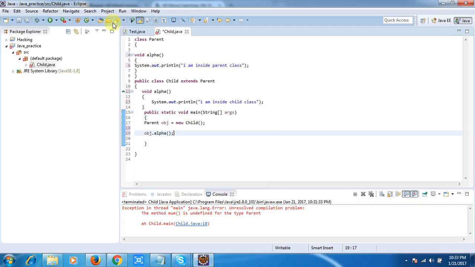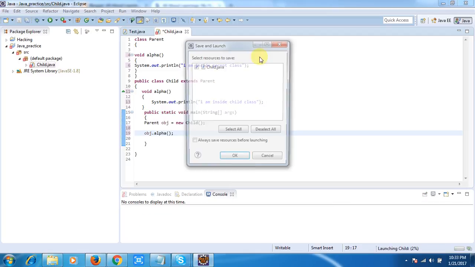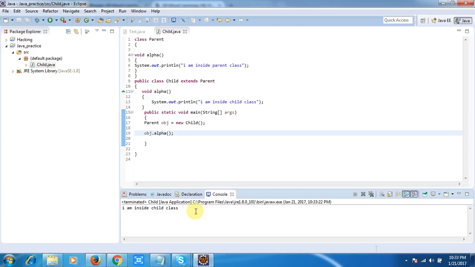Okay, so this is all about upcasting in Java. Let me describe downcasting a little. Downcasting is putting the child class object reference back into a child class reference by using the parent class reference variable. Upcasting is required for downcasting. The main use of downcasting is that we can access child class methods too from a single object. That means from a single object we can access both child and parent class methods.